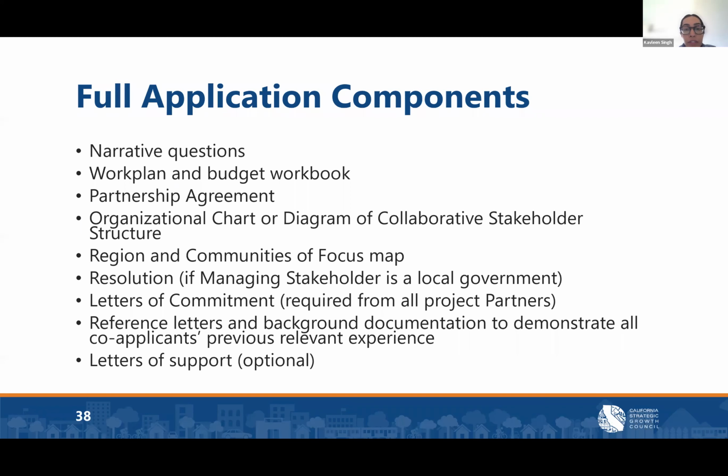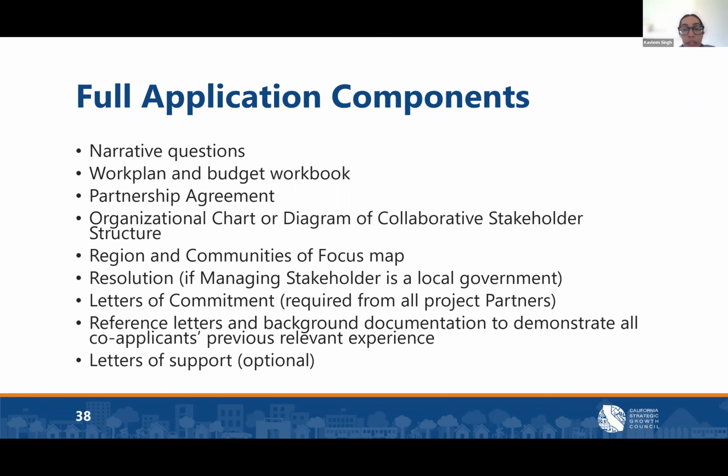And then for the resolution, if the managing stakeholder is a public agency, they must provide evidence of a past formal resolution in the full application that includes an authorization to apply for and accept an RCC grant and authority to execute all related documents if awarded.